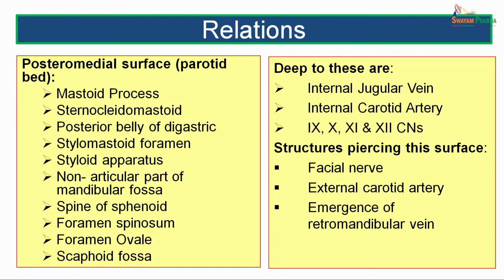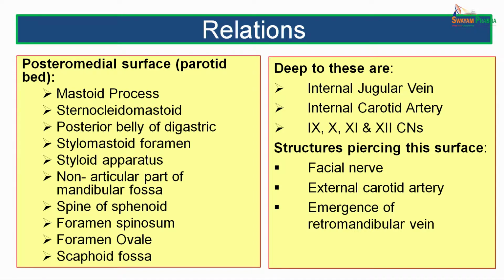These structures are also called the structures forming the parotid bed. These are the mastoid process with 2 muscles attached to it, that is the sternocleidomastoid on the outer surface and the posterior belly of digastric on the inner aspect of the mastoid process. The stylomastoid foramen, the styloid apparatus, non-articular part of the mandibular fossa, spine of sphenoid bone, foramen spinosum, foramen ovale